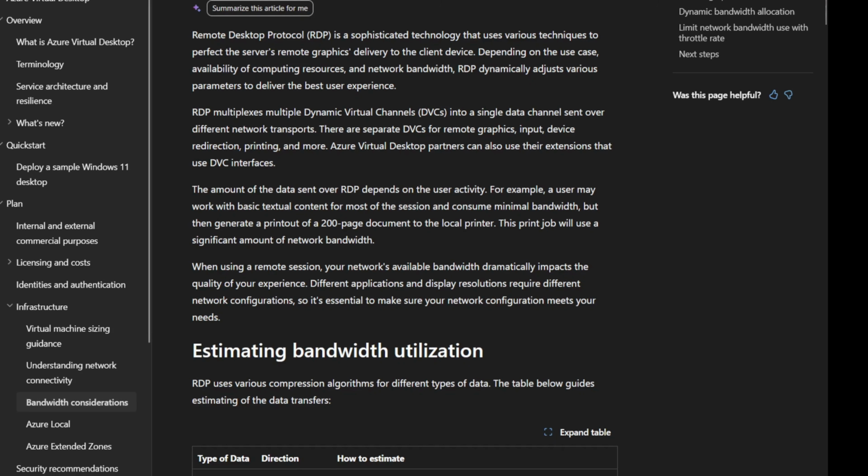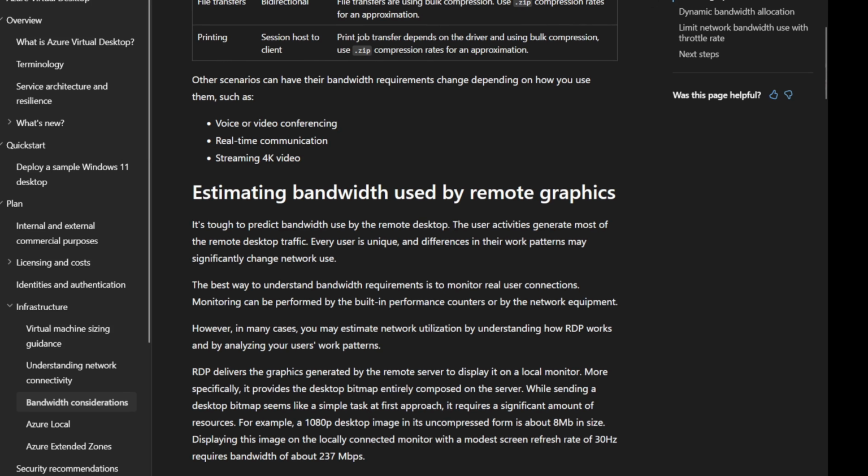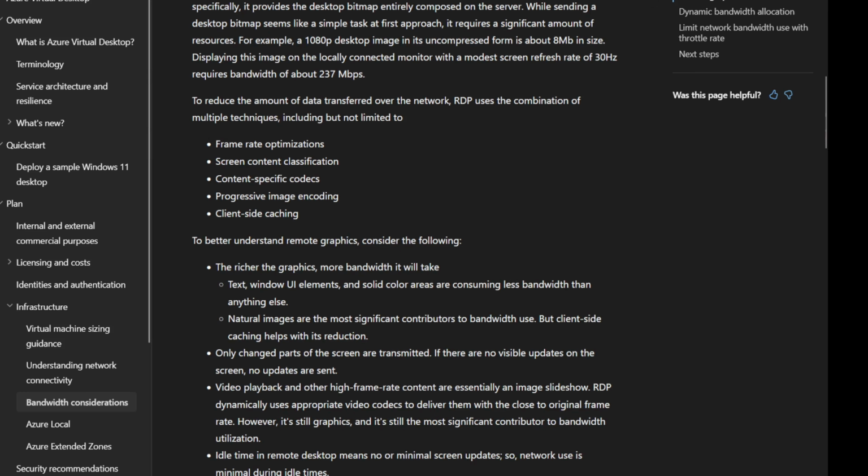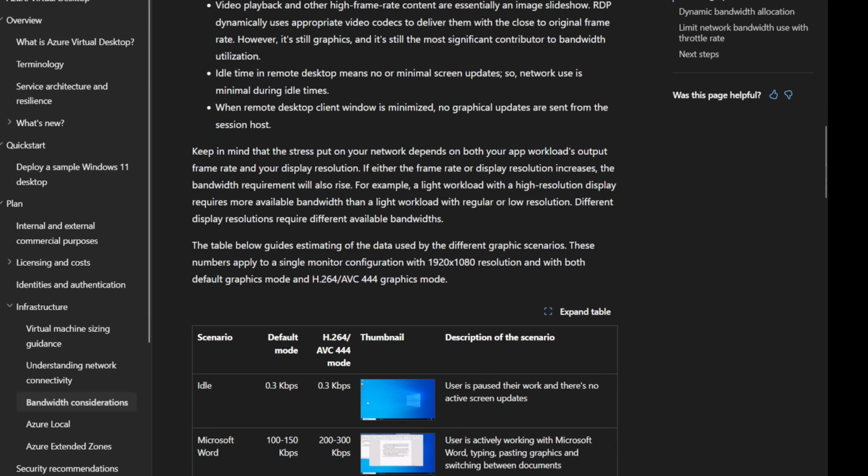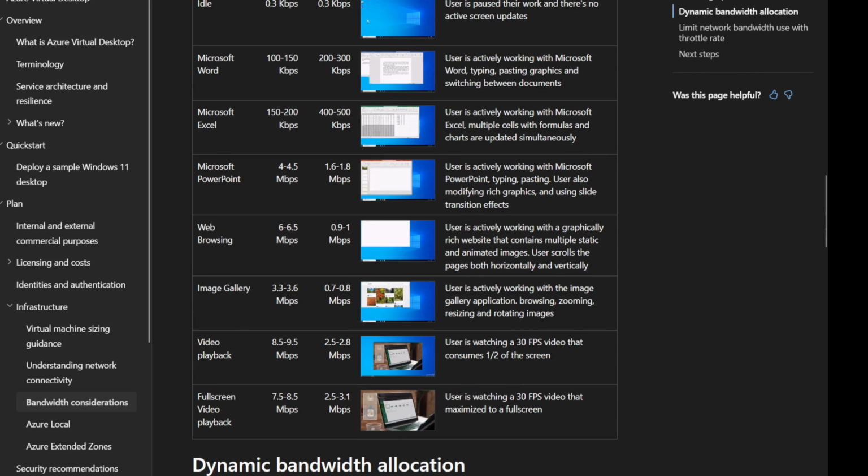Security is usually where networking complexities start to escalate, right? And again, security matters a lot, don't get me wrong. But there's a difference between securing an environment and over-engineering it. What tends to work well in AVD is focusing more heavily on identity and access controls rather than trying to push everything through increasingly complex network inspection layers, right? If you're relying on strong authentication, well-defined access policies, clear user segmentation, then your network security design can be much